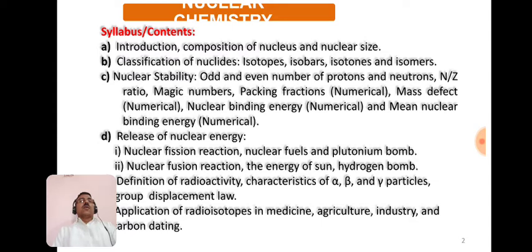introduction regarding nuclear chemistry, then the composition of nucleus, nuclear size, classification of nuclides like isotopes, isobars, isotones, then nuclear stability, then factors affecting nuclear stability like odd and even number of protons and neutrons, then n by z ratio, that is neutron to proton ratio, then magic numbers, packing fractions